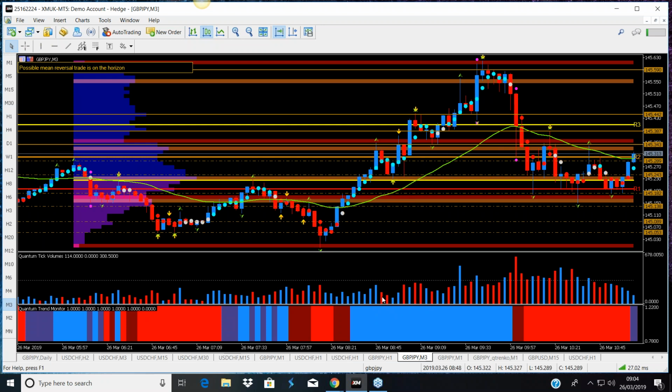Then you had this correction, but look at the volume. That is good. That is telling you that is not going very far. Why? Because the volume's falling. Then you have a resumption, not a lot of volume underneath it, but you know it's there. It's certainly not going to fall.